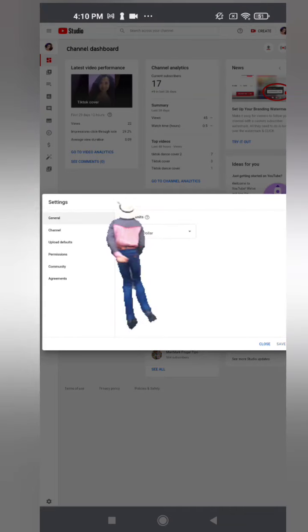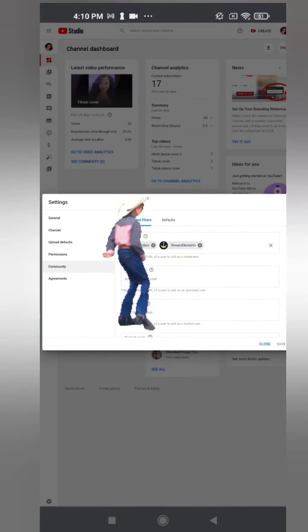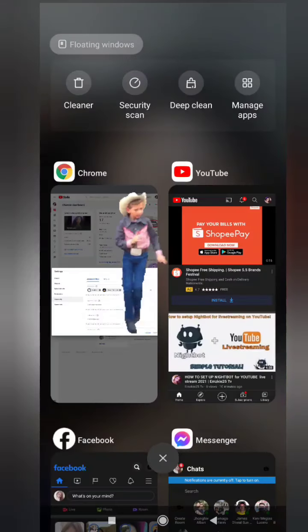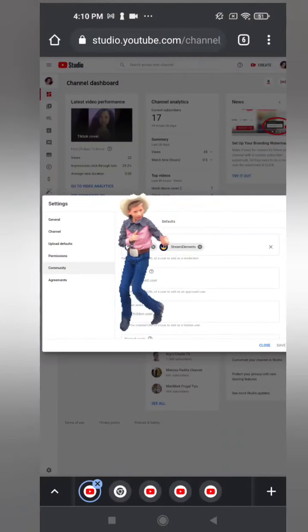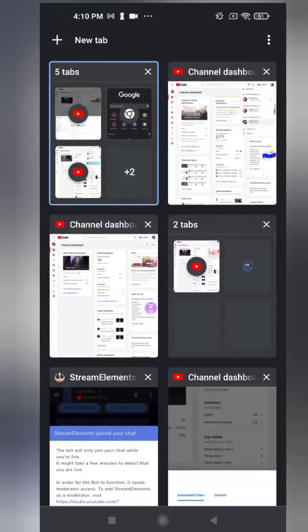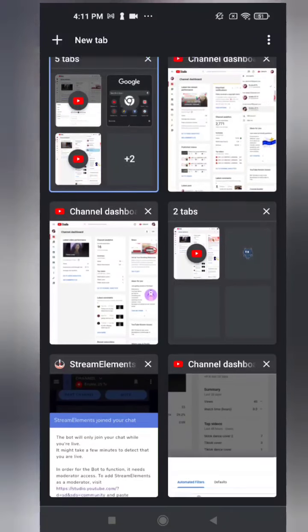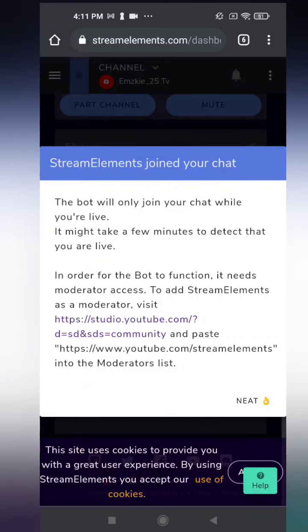So yun lang, guys, it's like you're setting up a Nightbot. This is using your phone, ha. Merong different setup using your laptop. So I'll have another tutorial for that one. So for now, guys, yun lang ang gagawin mo whenever you're going to set up your